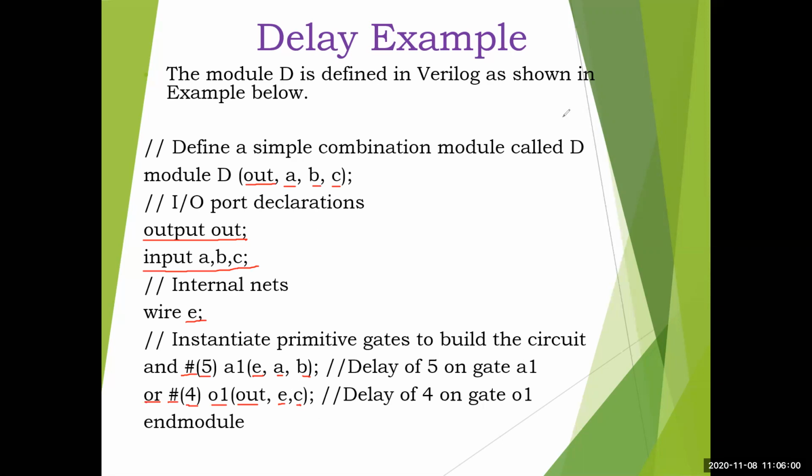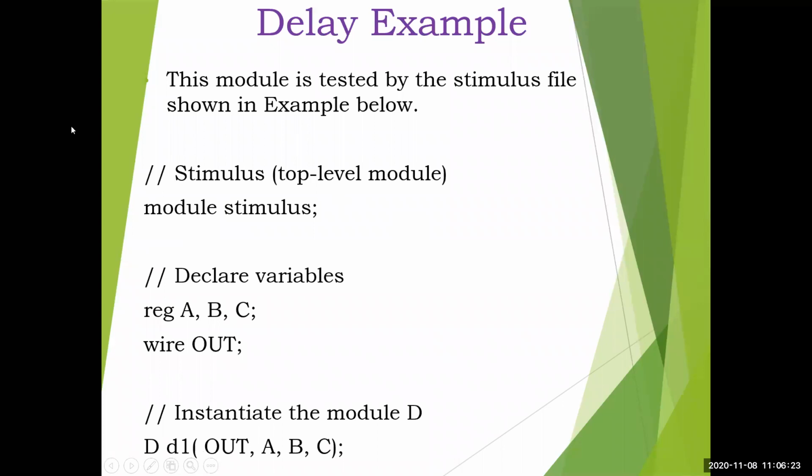But what we are interested in here is how this program will be executed in a simulator. Because we have included delay now, and initially the values will be 0, along with that these delays will be added. We will try to see how the execution will occur. Now we'll write a stimulus module for this. What is meant by stimulus? It is just checking the inputs and observing the outputs.